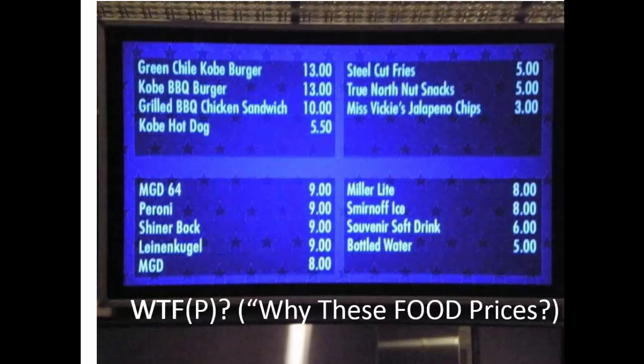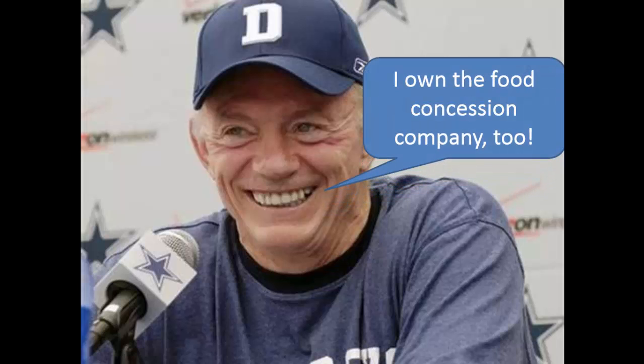So you would quickly see an organization of a lot of other enterprises that would come in, bid these prices down to cost pretty quickly. Of course, try that, you won't even make it past the gates. And with the Dallas Cowboys AT&T Stadium, it is the case that the owner, Jerry Jones, owns the food concession company too. Okay? He's all about maximizing his profits.